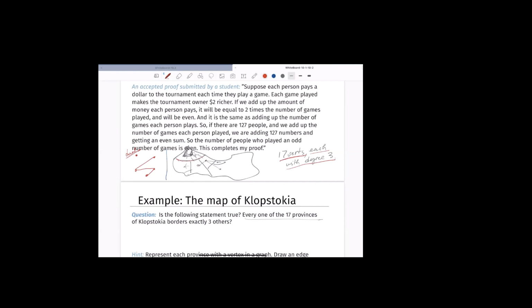So then you're suggesting that the sum total of degrees is going to be 17 times 3, right? Which is 51. Whatever it is, it's an odd number. But by the handshake lemma, we now know that the sum of all degrees has to be twice the number of edges. So on the other hand,